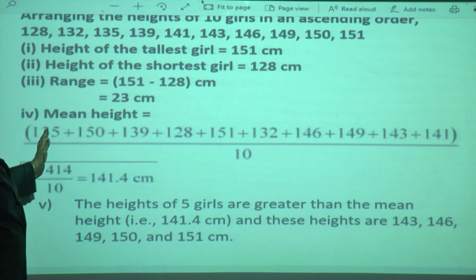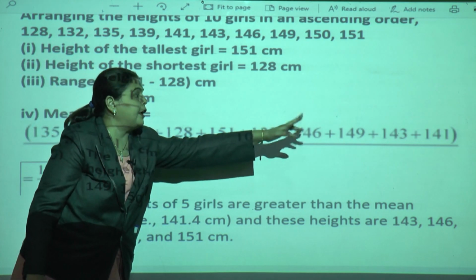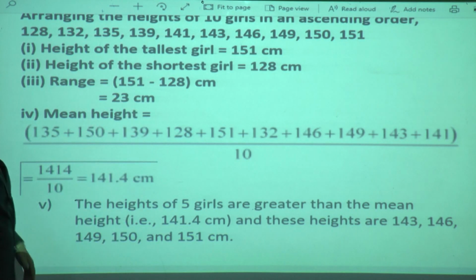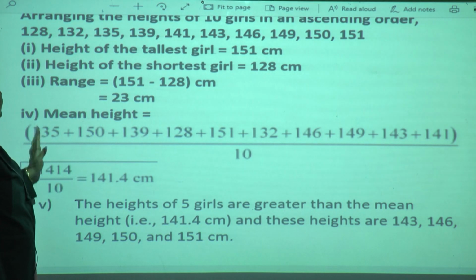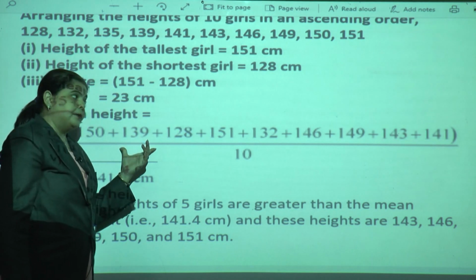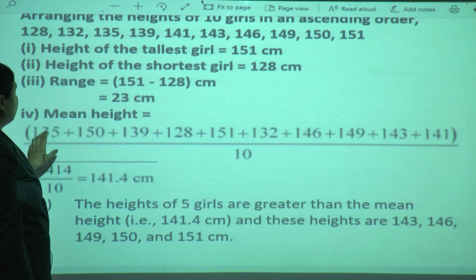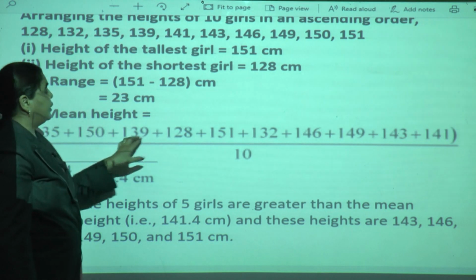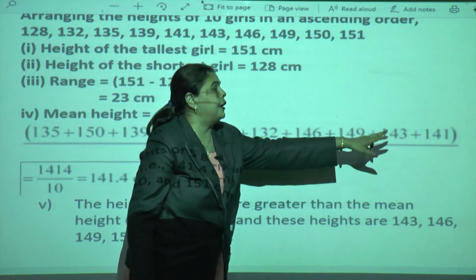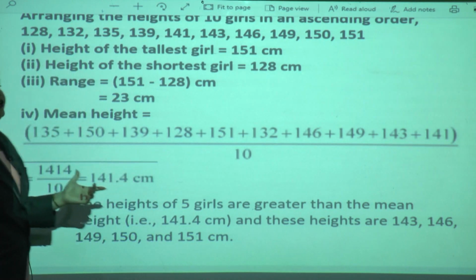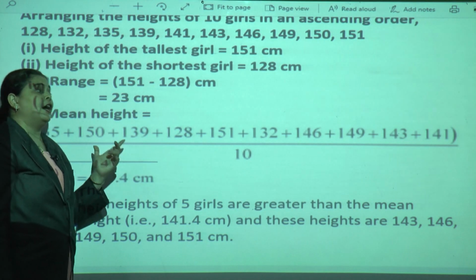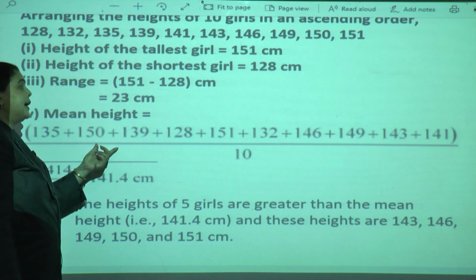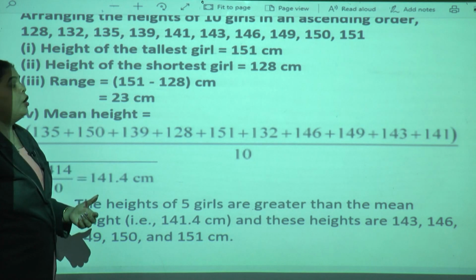So no need to count 1, 2, 3, 4, 5, 6, 7, 8, 9 and 10, because it is given already. But when you are writing in your notebook or in the examination, you have to practically count that you have not missed any number. When it is 10, you have to count 10 observations, 1, 2, 3, 4, 5, 6, 7, 8, 9 and 10. Yes, I am right here. I have written all the 10 observations, and when you are writing the numbers, be careful to copy the exact, correct number which is given in the question.